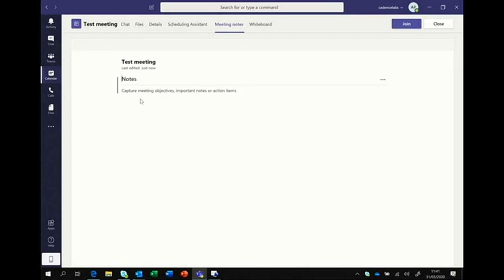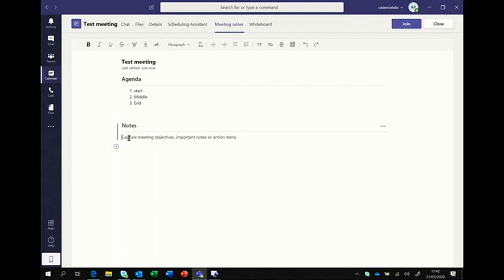So what I might do, for example, is start my notes off and put in an agenda and say, okay, 1 start, 2 middle, and then 3 perhaps end. And that's great. And if I want to add another section, then I can have that one as notes. And then we can say 1,